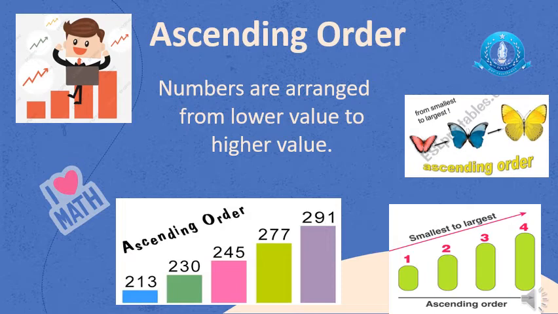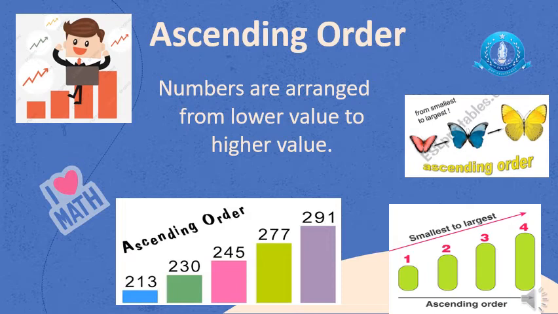Now let me tell you how you can exercise ascending order in your daily life. See, when you are going upstairs, you are going from first stair till 20th stair. So when you go upstairs, this order is ascending order. First stair, second, third, fourth till 20th. When you go upstairs, keep in your mind you are moving in the way of ascending order. Right? Now let's move towards descending order.